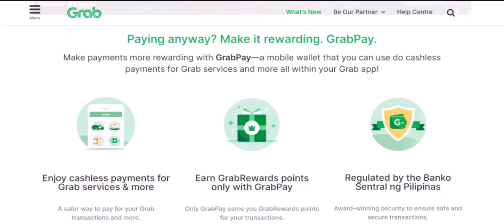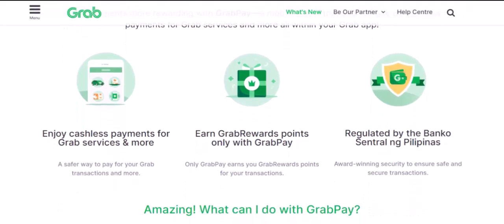So, there you have it. GrabPay offers a convenient and secure way to use digital currencies for your everyday needs. Whether you're a crypto enthusiast or simply looking for a more efficient way to pay,